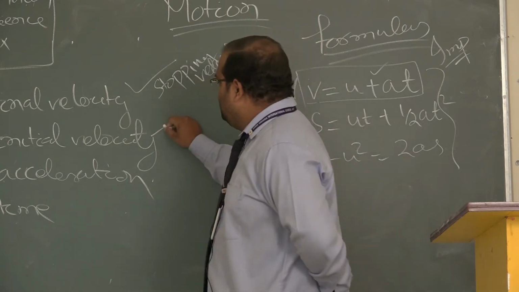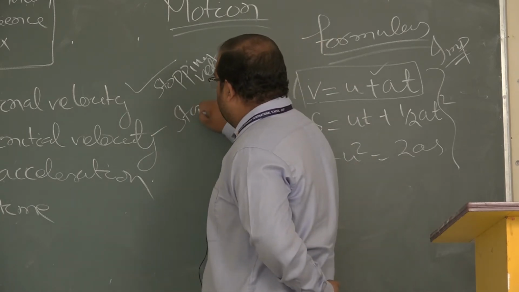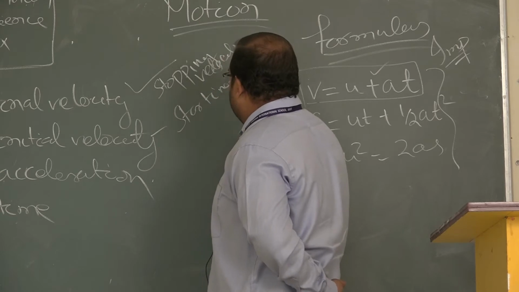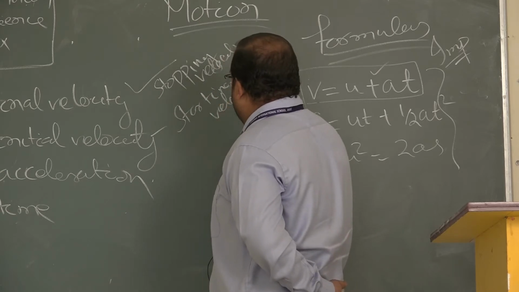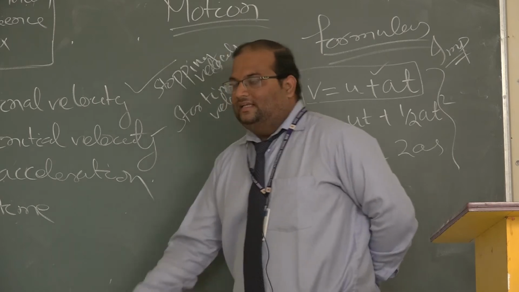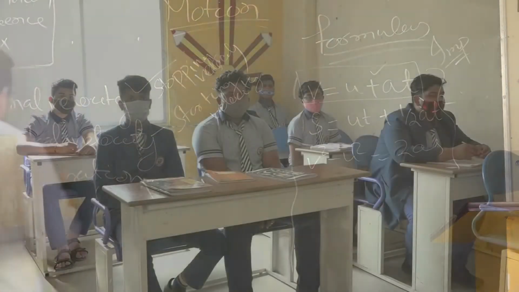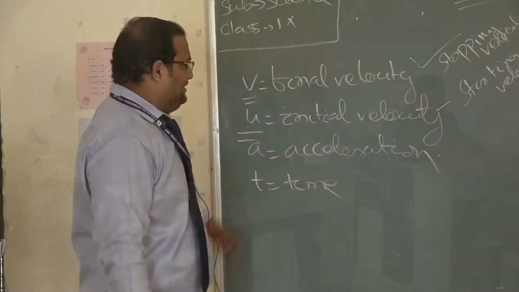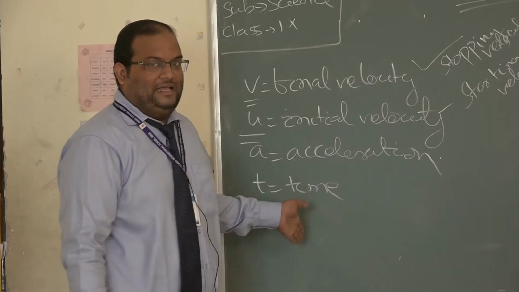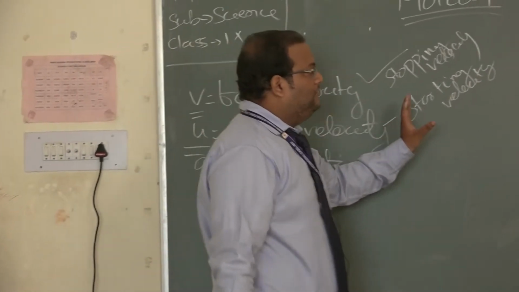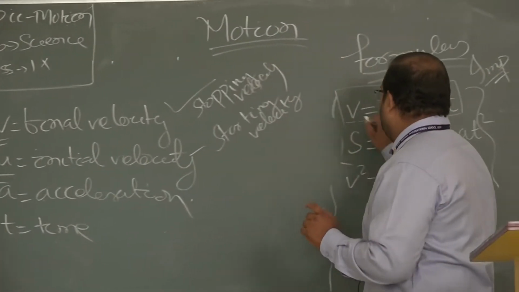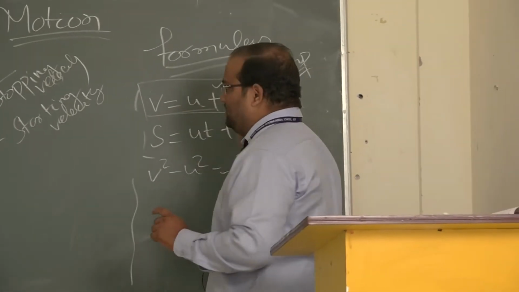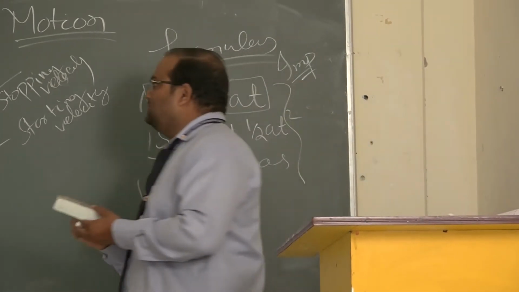Initial velocity is the starting velocity. Initial velocity is denoted as u, whereas final velocity is denoted as v, and acceleration is denoted as a and time as t. So the formula which combines these, we get the first formula, v = u + at. Now for solving some problems,